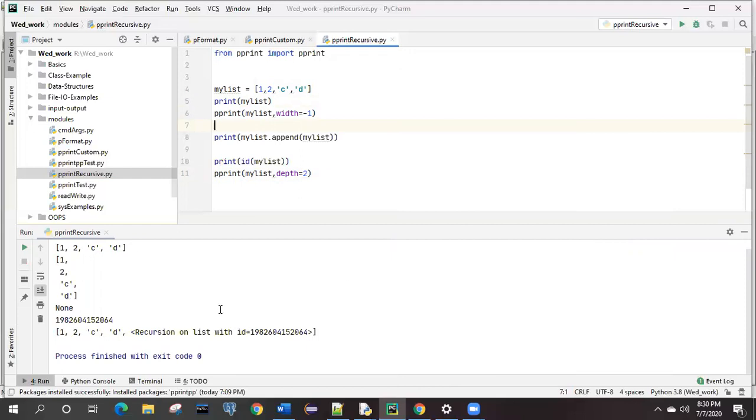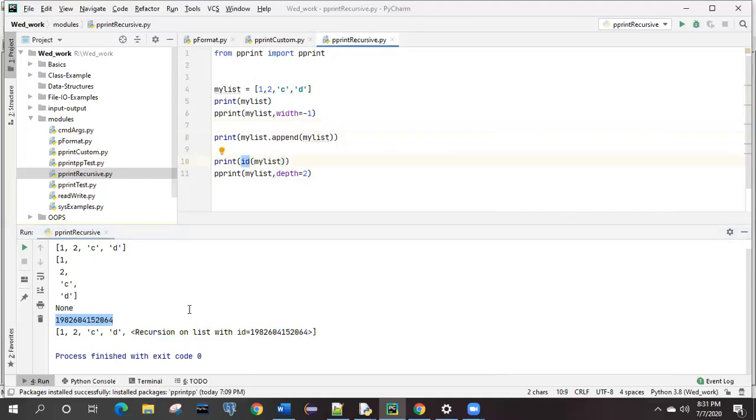If it is 1, it will give you the three dots directly one time. If it is more than 1, it is saying you are printing the recursion on this particular list ID, and for that list it is printing the ID, and that ID you can also verify over here, it is the same. This is the list ID on which we are getting this.